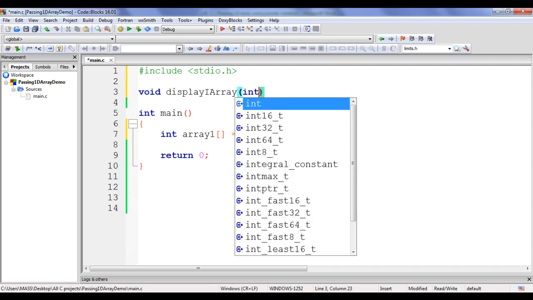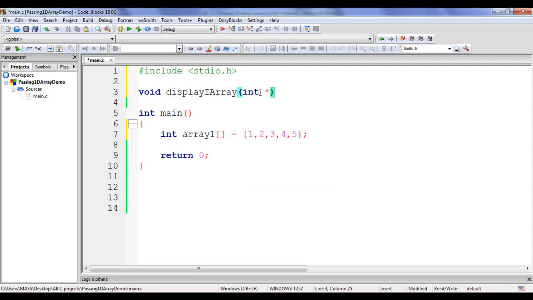In brackets, I say int star. You can write the parameter name arr, or you can write ptr. I'm going to write array, guys. That makes more sense. Array is a pointer of type integer. It is going to hold the address of the memory location which is of type integer, guys.